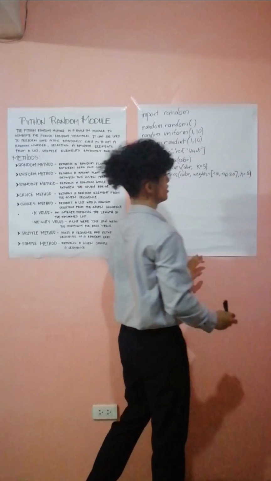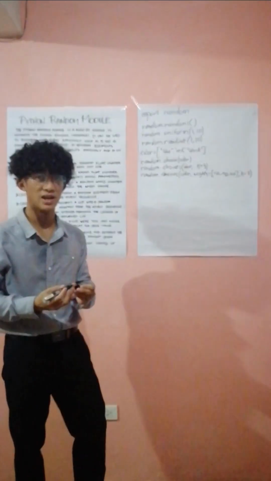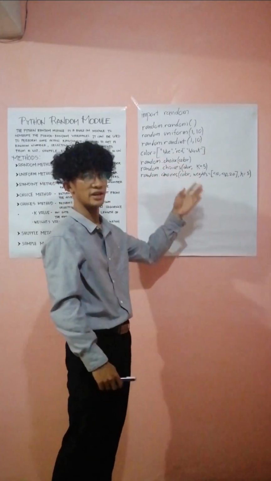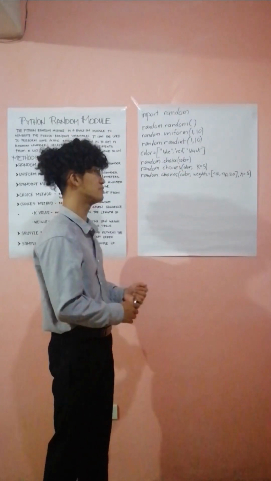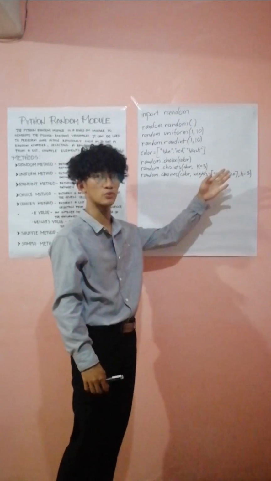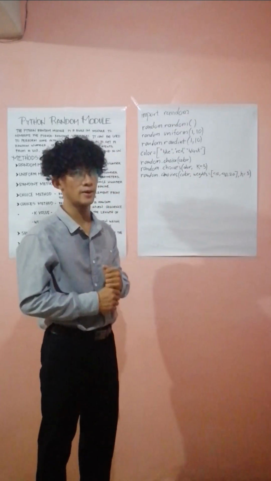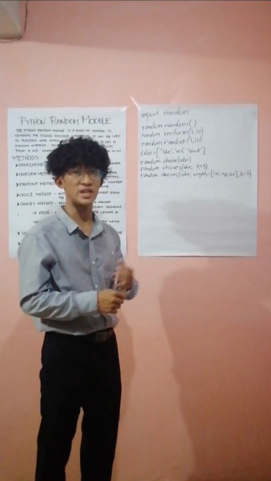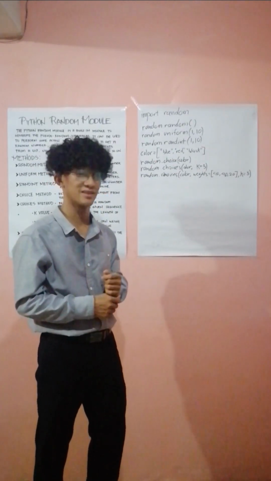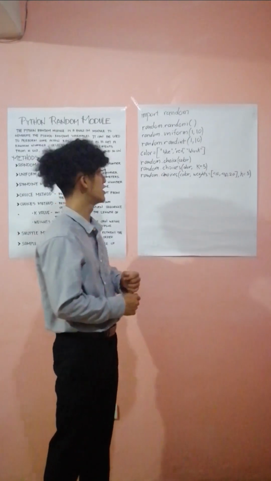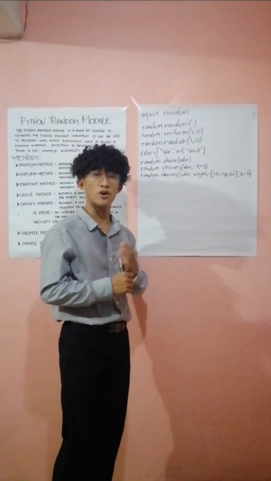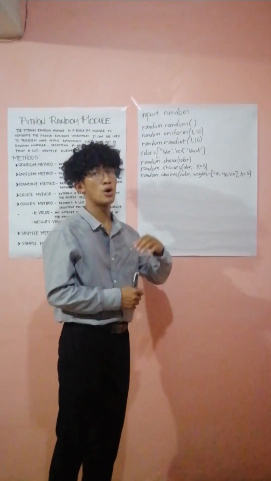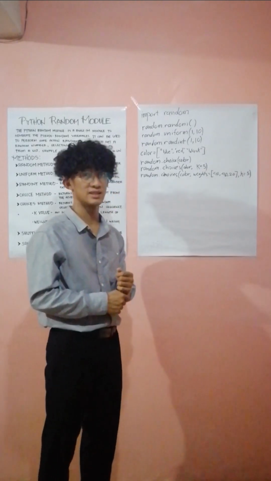Let's still write 5. So how does weight work? I put 40 in blue, 40 in red, and 20 in black. Which means if we add this, we have 40, 40, 20, we have 100 weights. So blue has a 40 over 100 chance to be picked in a choices method. Also red has a 40 over 100 chance to be picked, while black only has 20 over 100 chance